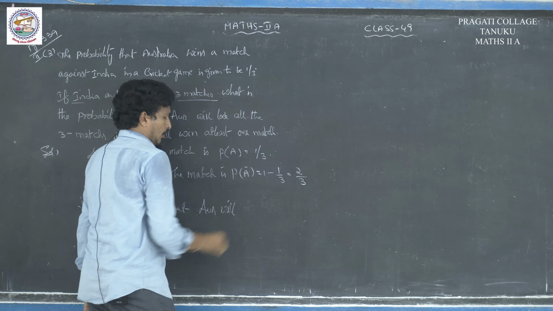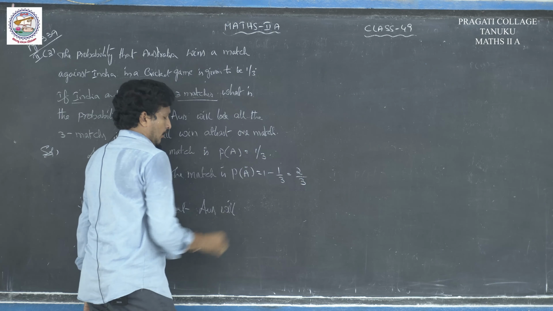Okay, the next sum: 3 screws are drawn at random from a lot of 50 screws. Here, how many screws are there? 50. Here 3 screws are drawn. Already in the synopsis, R things are selected from N things is NCR. In the combination chapter I explained it. Like this, 3 screws drawn at random from a lot of 50 screws is 50C3. It is the total possibilities. 5 of which are defective.